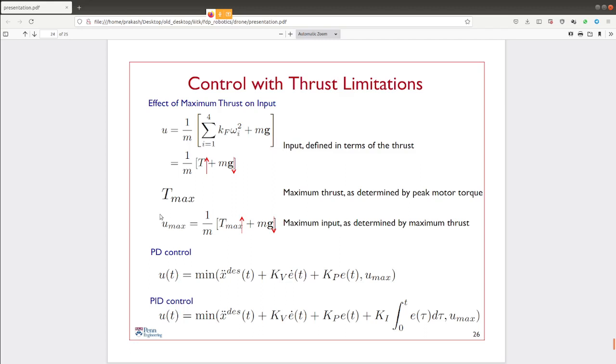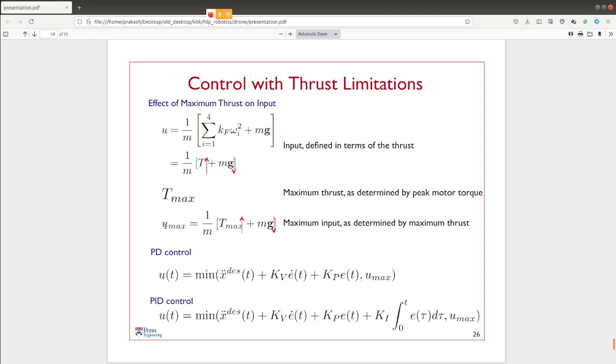So what we will do is, this is the acceleration using our governing differential equation. But it can apply only a certain omega i for a maximum value, which means that will provide me some u max, some maximum acceleration that it can achieve. Now how can I construct the control strategy?